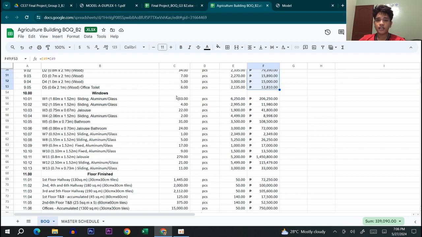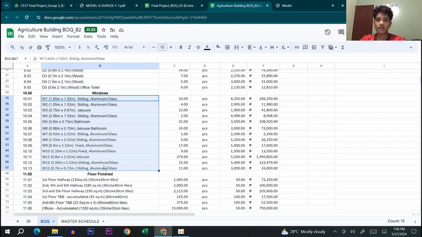in practicality, the builders would try to really use windows that are maybe the same size that can cater to the entire building or some parts of the building. They may not all be the same sizes, but at least just a number of them are different. So maybe this is just a measurement error from the architectural plan, but when I went back and remeasured again, these were all the dimensions that I got from the windows.